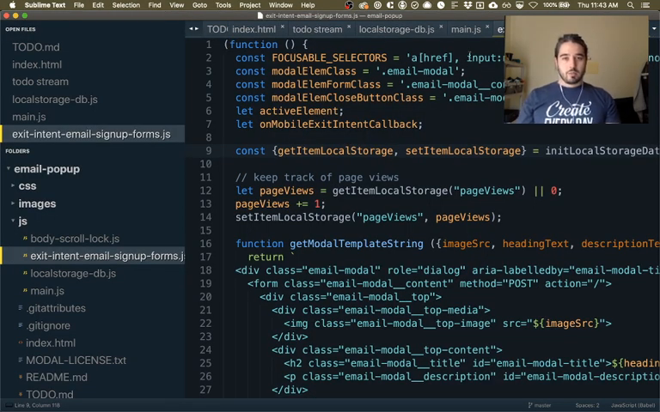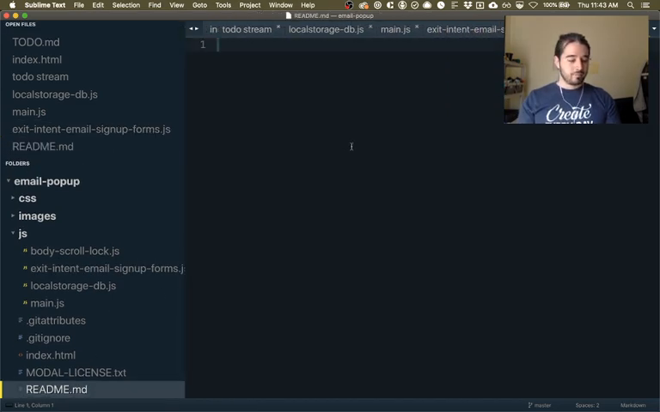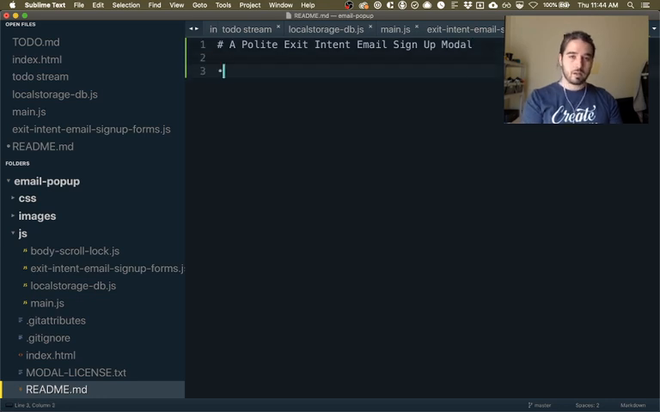Okay, so there's a couple more things we need to do. Something I do want to do is document this a little bit. So I want to say a polite exit intent modal or email sign up modal. Okay, and here are the rules. So rule number 1 is never,